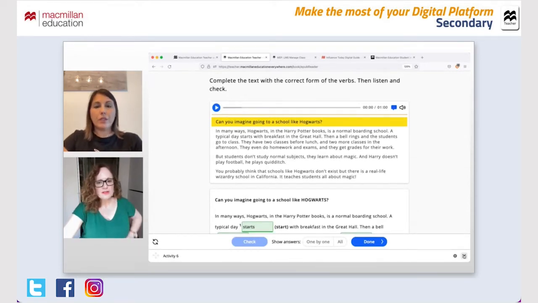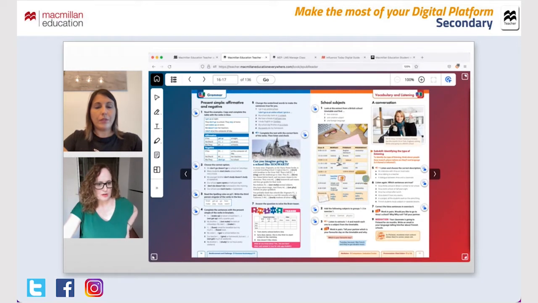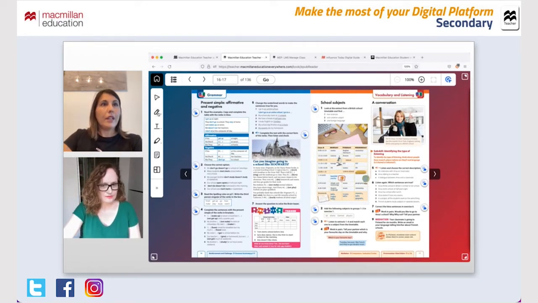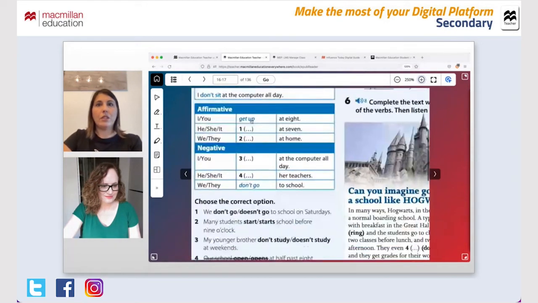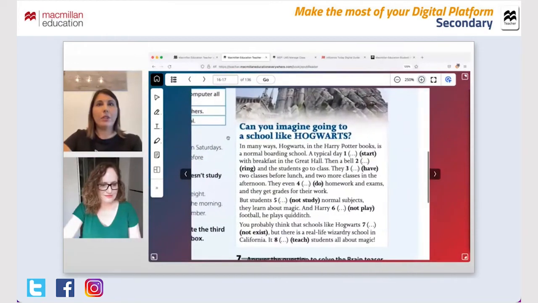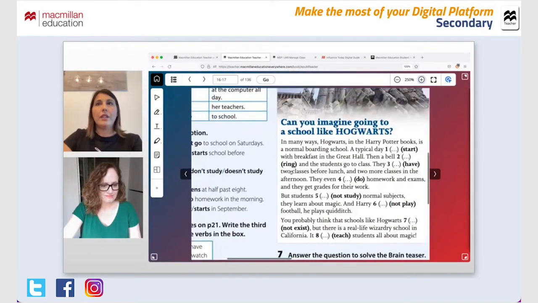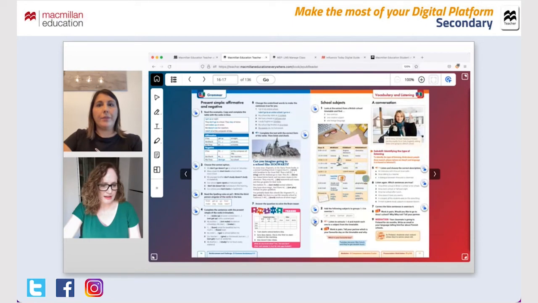And what about the tools for the interactive whiteboard? These are here, but as you were asking about the zoom, let me show you the zoom tool that we have here for the book, because in the activities the zoom tool is not available, but when you are in the view of the book, you can zoom in here, right? And move through the page. So this is very useful when you have a text, for example, and then you can zoom out by clicking here. But you were asking about the interactive whiteboard tools, which are here